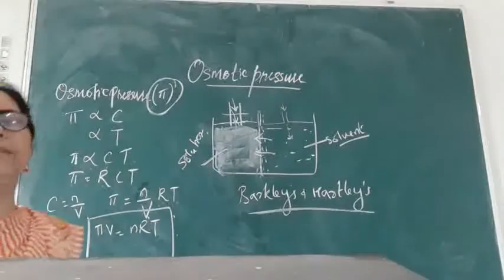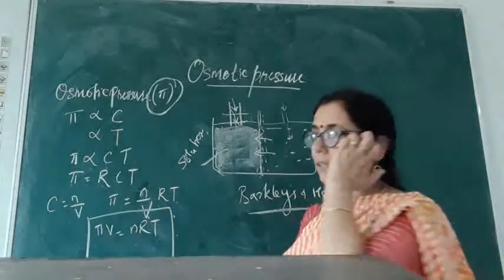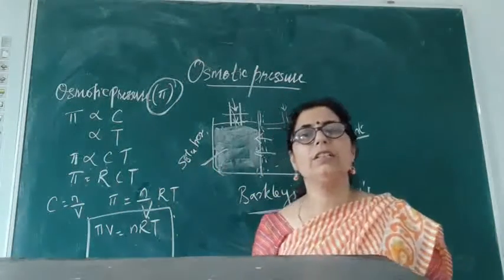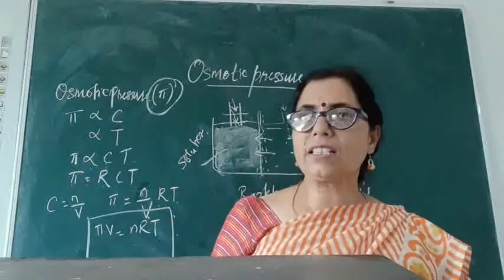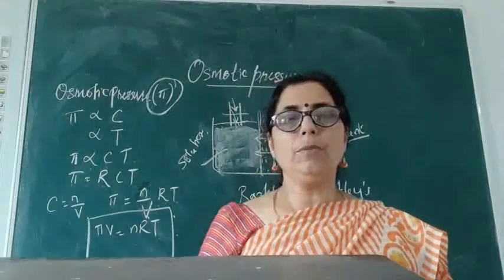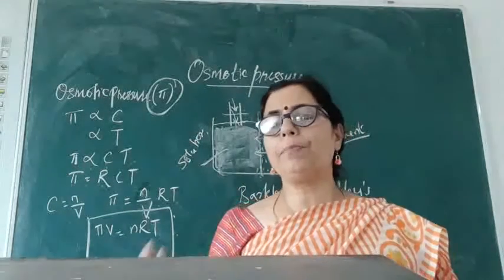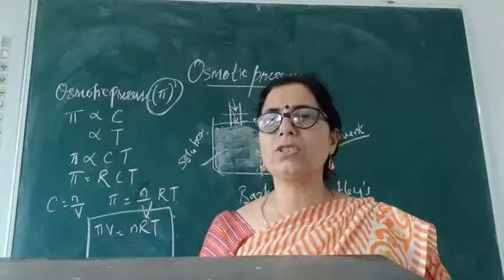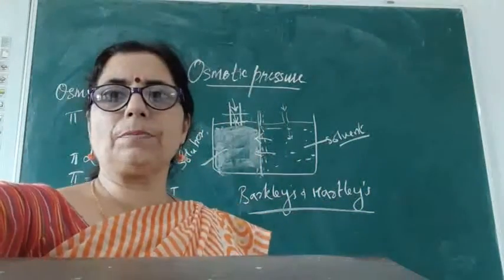This value will help us to find out the osmotic pressure of the system or solution that has been exerted. Okay. Now after this we will study how the difference in the molar masses, or you can say the pressure exerted due to the dissociation and association of the molecules, takes place.